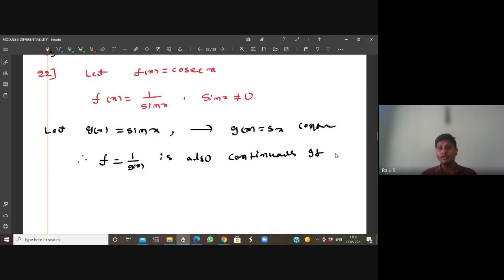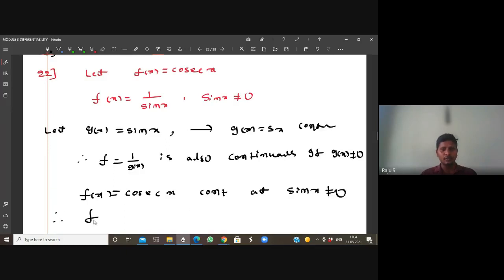If g of x should not equal 0. When 1 by g of x is continuous, g of x must be non-zero. Okay, so f of x is equal to cosecant x. Cosecant x, what can we write? Cosecant x is continuous at sin x not equal to 0. Therefore, f of x is equal to cosecant x, continuous